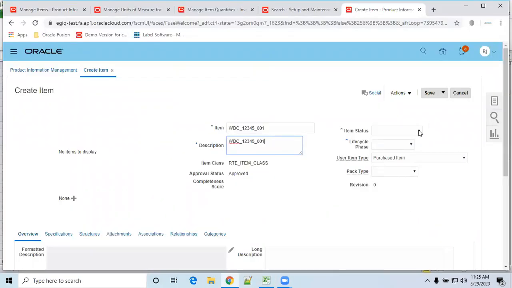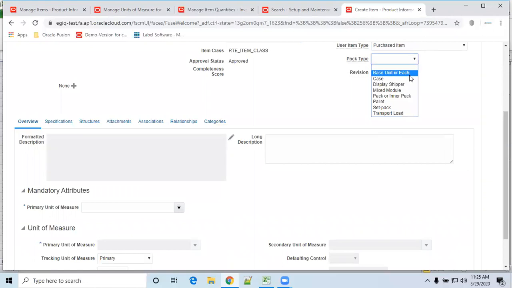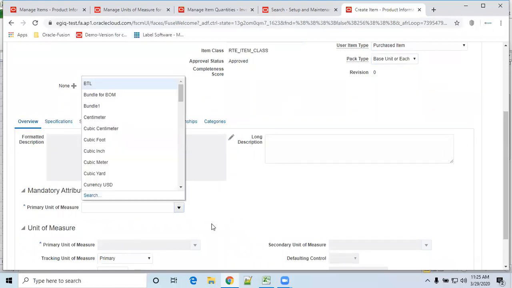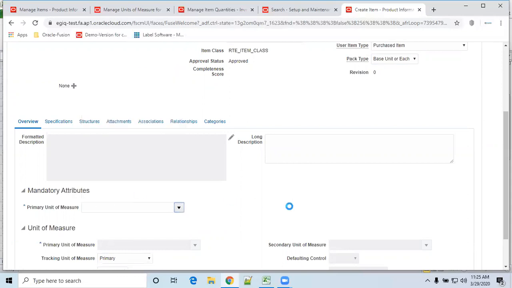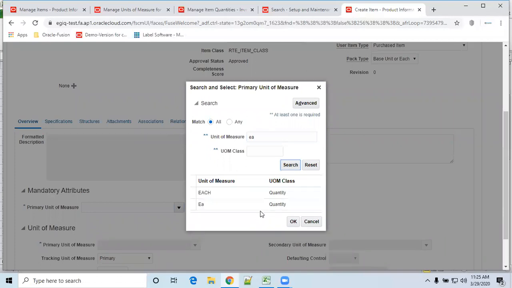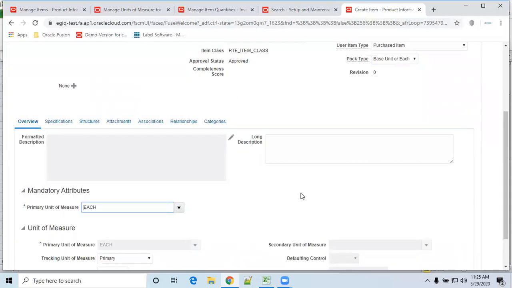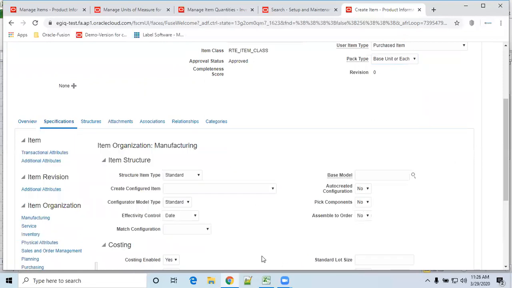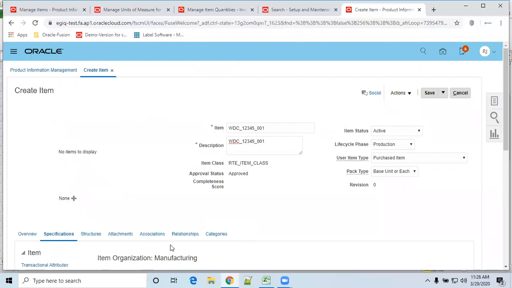Item status is active, life cycle production, purchase item, package type, and primary unit of measure. I'll be taking only each, EA. Specifications and all will default from the item template, so I don't want to change anything.